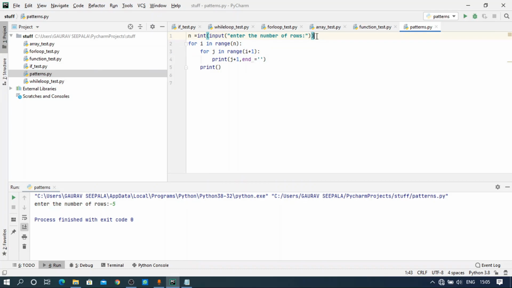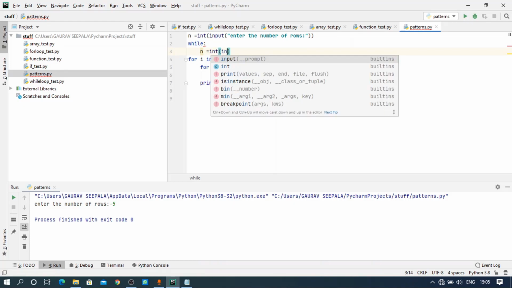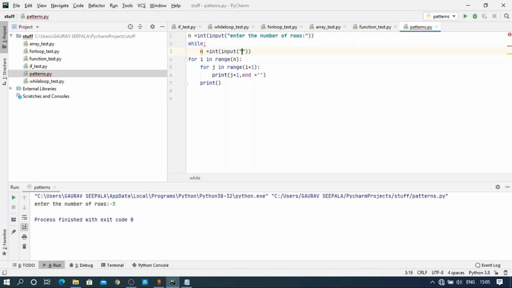For this, we can use a while loop. While n is less than or equal to 0, we will ask the user: please enter a valid number of rows in integer form.